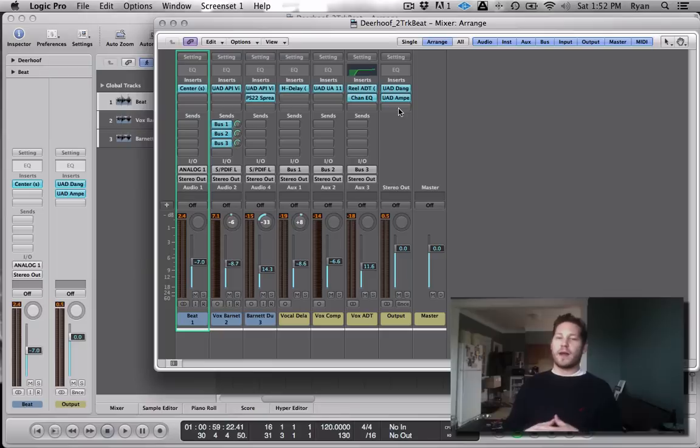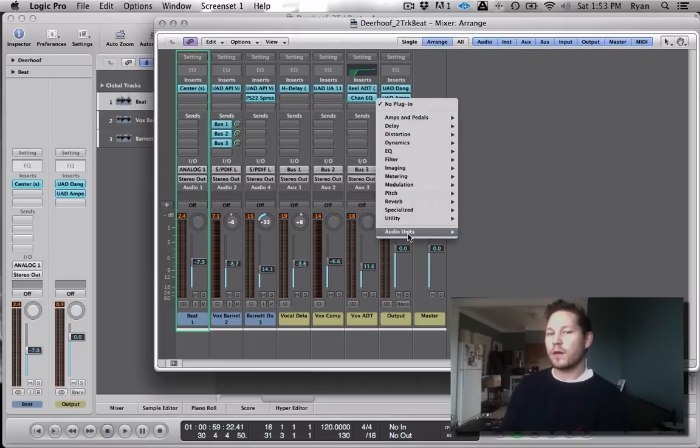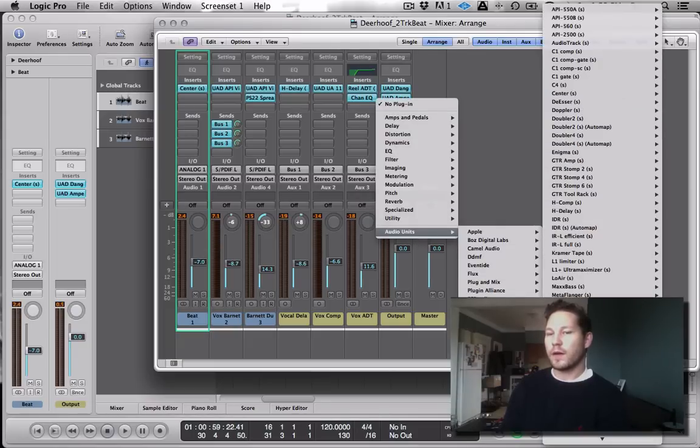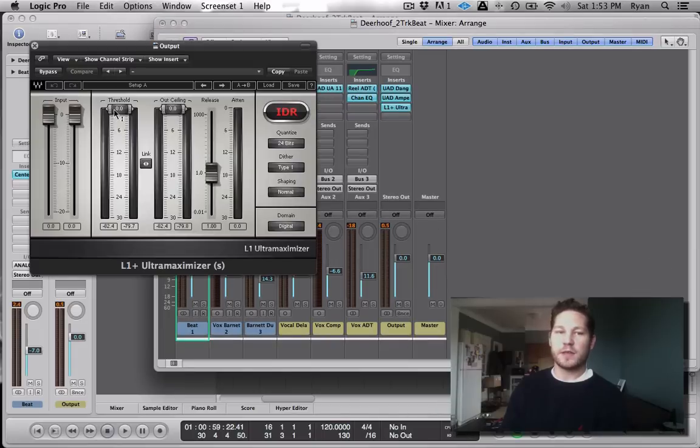The final thing that I usually do on any mix is I add a limiter just to boost some levels. Now this all depends on if there's going to be a mastering engineer or not, but if it's just for us to enjoy and we don't have to worry about a mastering guy, I usually add just a simple Waves L1, the Ultra Maximizer. I usually drop this down to about 2. That's going to boost my volume a little. It's going to attenuate a little bit, and I'll drop my out ceiling down